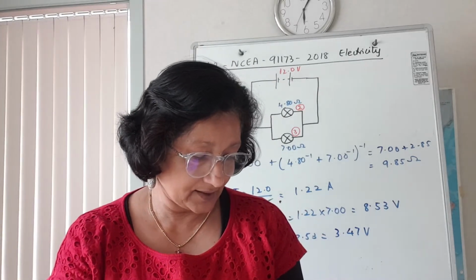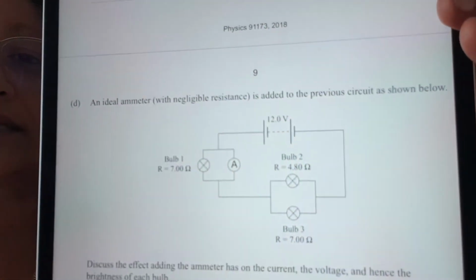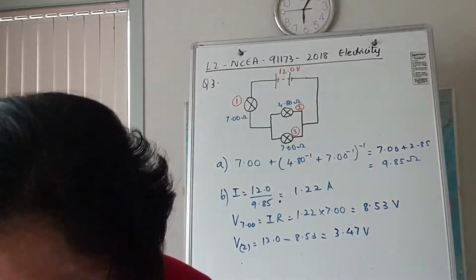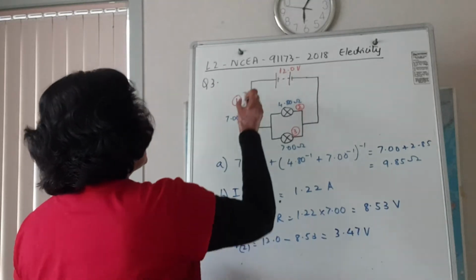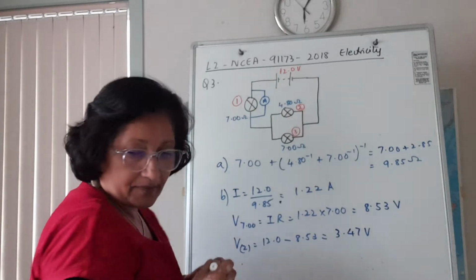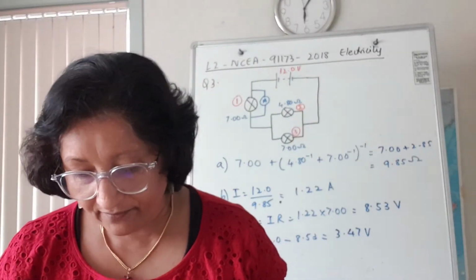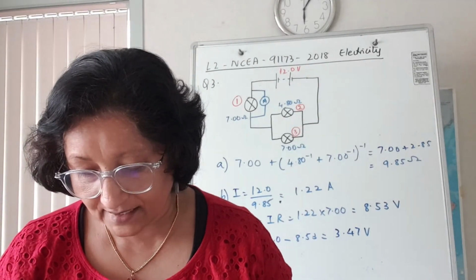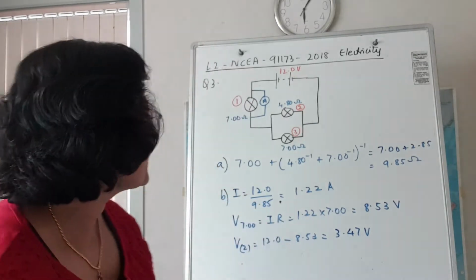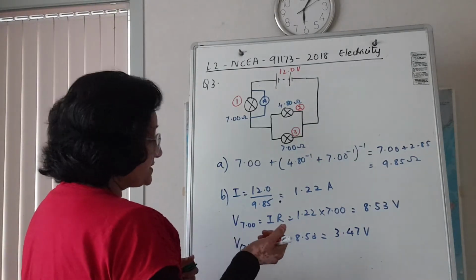Now the last part, I think this is what the question was really about. An ideal emitter means that the emitter doesn't have any resistance. An ideal emitter is added like this, okay, added in parallel to the circuit over here. The question says to discuss the effect of adding the emitter on the current, the voltage, and hence the brightness of each bulb. So what actually happens when you add the emitter of no resistance,